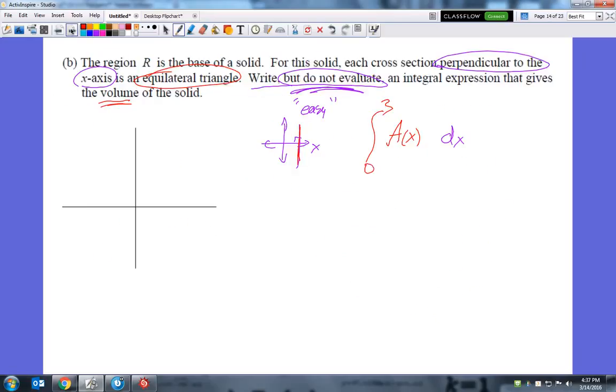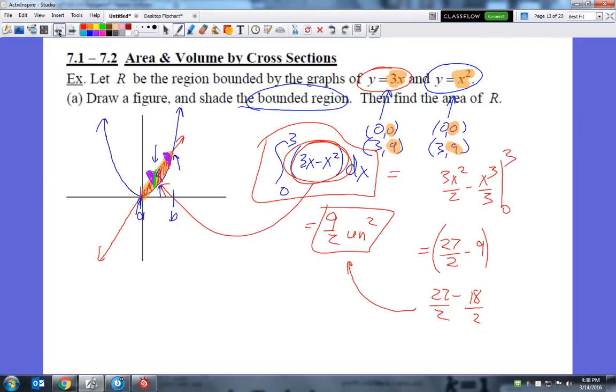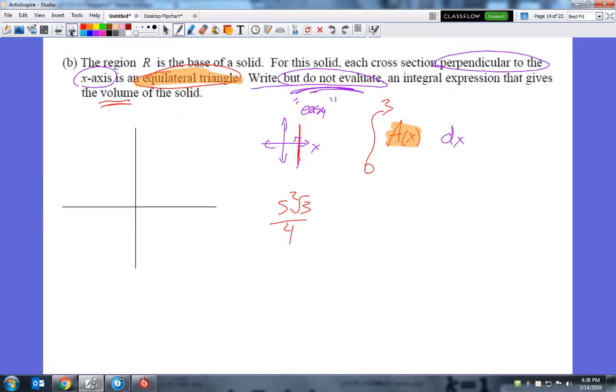So we just need to come up with an area formula for this equilateral triangle in terms of x. So we know the area of an equilateral triangle is side squared times root 3 over 4. Okay? And we need to come up with the length of the side. That length of the side was over here, as far as that entire green line that I just drew right there. We need to come up with that because that entire green line represents the length of the side of each and every one of those changing